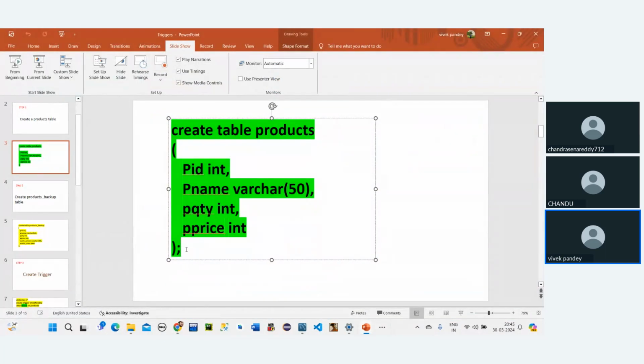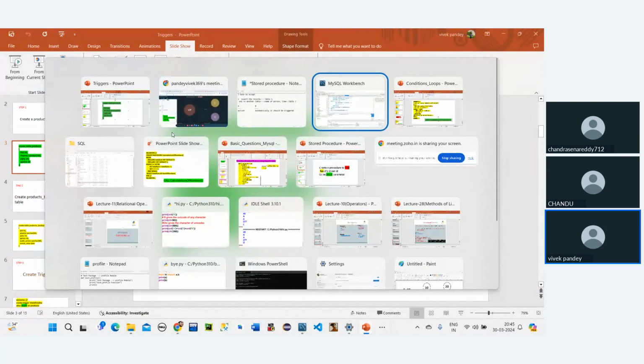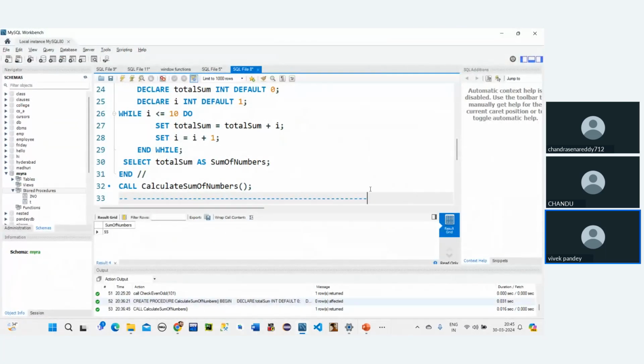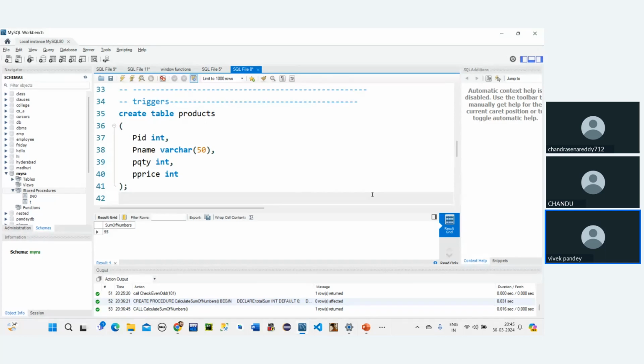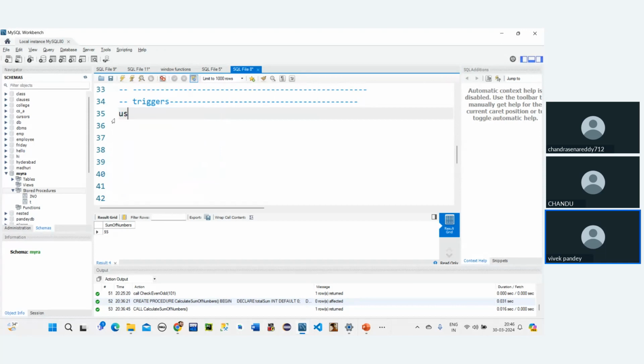So what we do is, I will also create this here. So this concept is triggers. I think already we have... What I will do is, we'll use some other database, because in this one I guess I already have